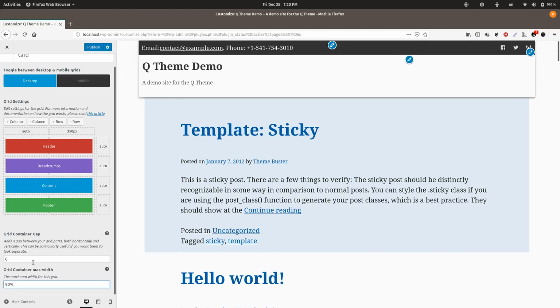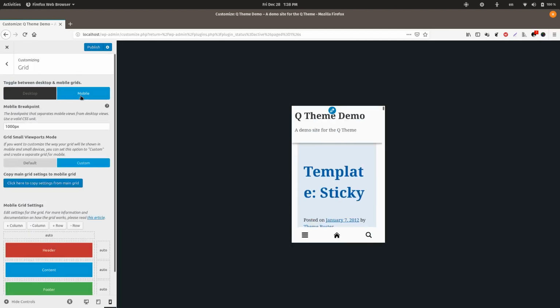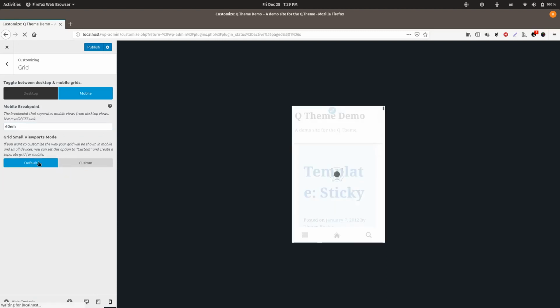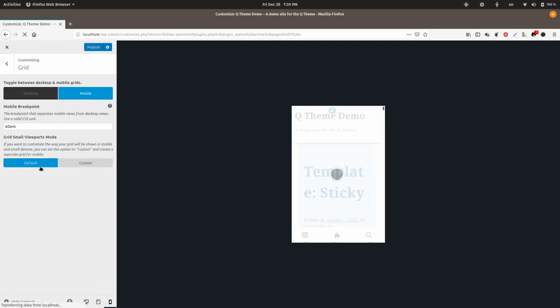On the top of the grid section, you will also see a desktop and mobile switch. This allows you to define a separate grid that will be used for smaller devices. When you switch to mobile mode, you will see a control where you can define the mobile breakpoint. The value you enter here will determine if the visitor of your website will see the desktop grid or the mobile grid. Below the breakpoint field, you can select if you want to use a default grid for small screens or if you want to build your own custom grid. In most cases, the default value will be fine as we automatically do what is best for your site's SEO and content prioritization using a single column view.